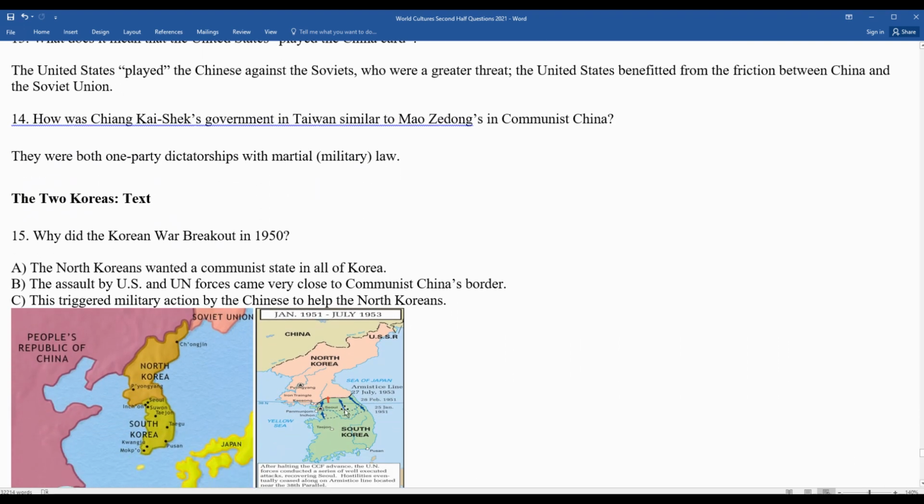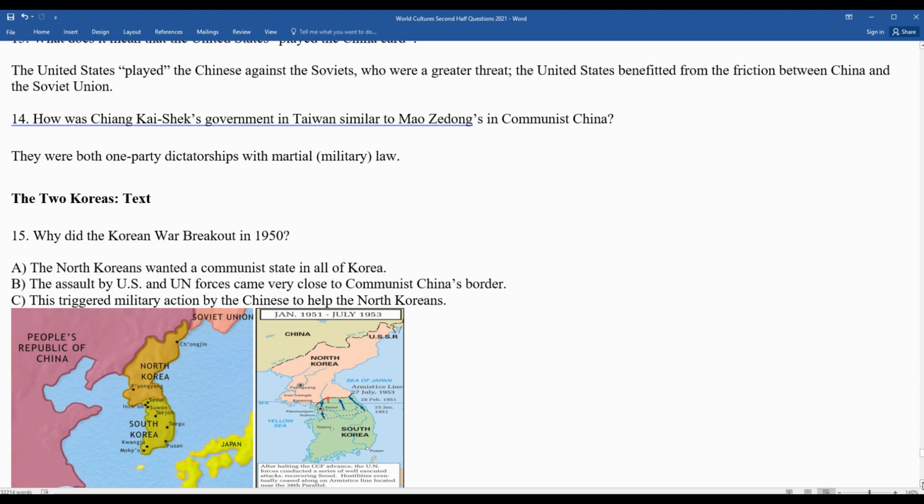So initially, the North Koreans went into South Korea, pushed all the way to the southern position here in South Korea. The United States and the United Nations troops came in. We pushed the North Koreans out of South Korea right to the border with China. Then the Chinese came in across the Yalu River. See the Yalu River there. And they pushed the United States troops back south of the armistice line, and Korea ended up divided at the exact same spot as they were, which is the 38th parallel there.